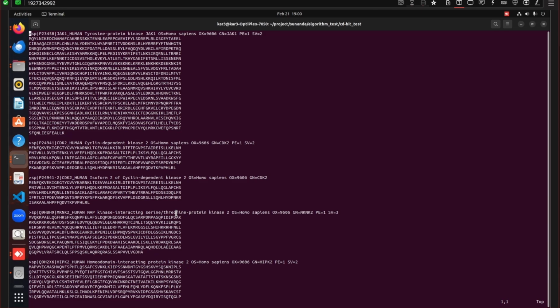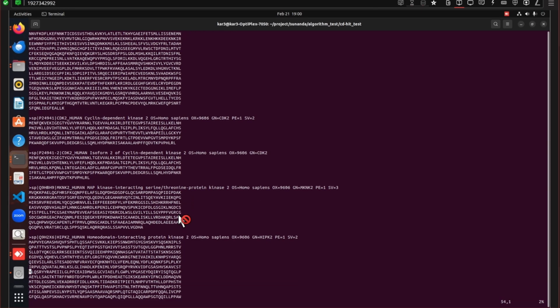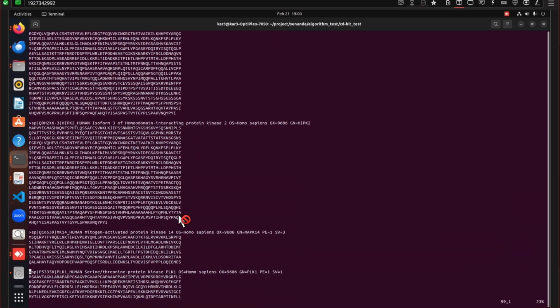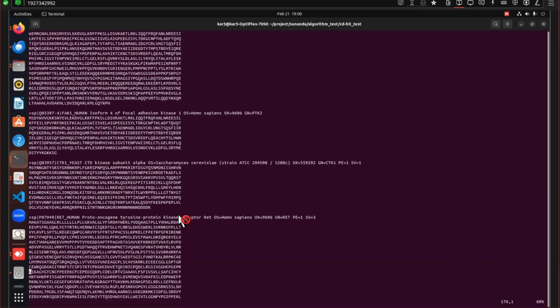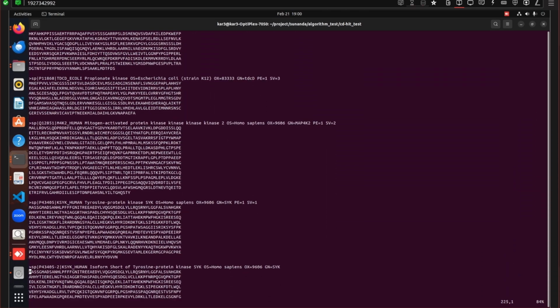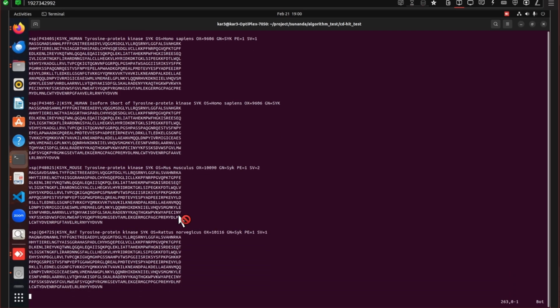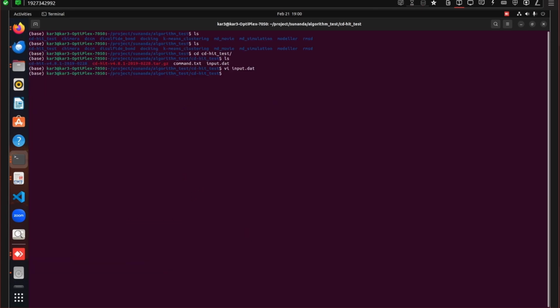So let's see how many sequences are present here. So here we have the first one, second one, the third, 9, 10. So it seems that there are a total of 19 different sequences in FASTA format in this data file, right? Now what I can do is that